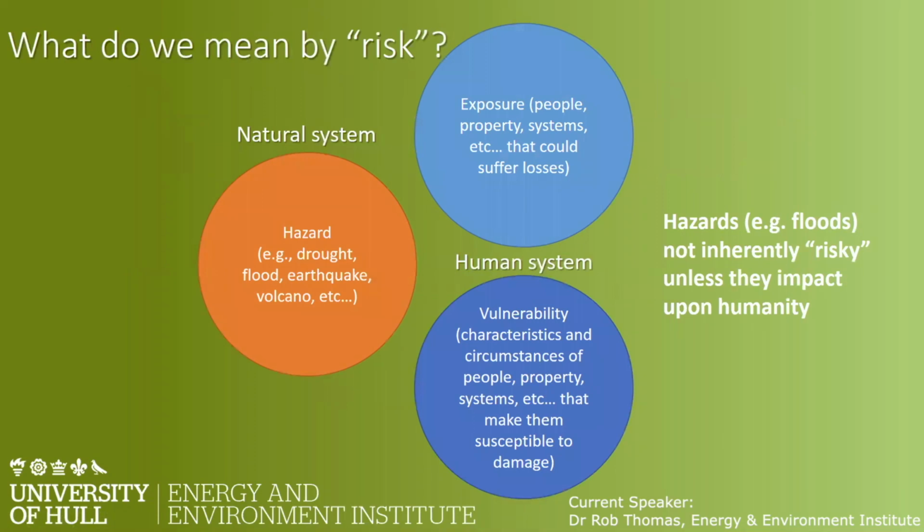I thought that I would start by talking about what we mean by the word risk. Here on the left, we have a natural system represented by the orange circle, in which events such as floods are a potential hazard. And the human system, represented here by the two blue circles to the right. The human system can be defined by its